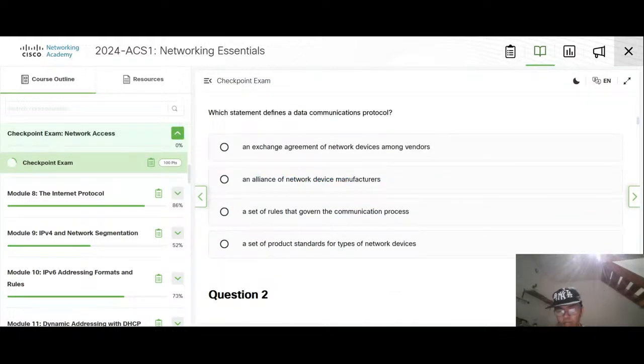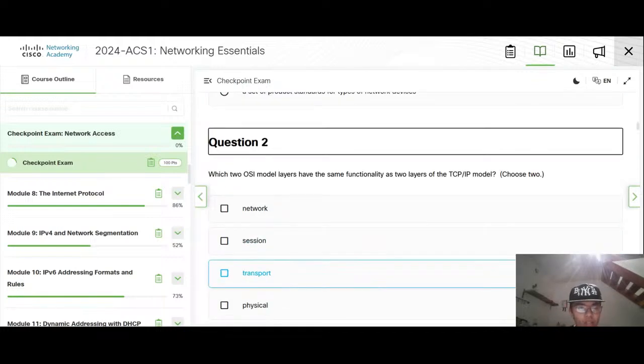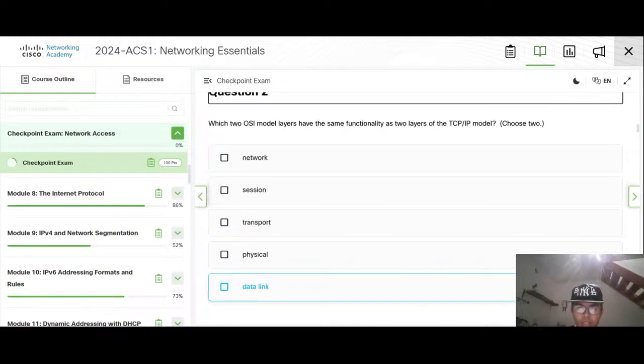It facilitates a communication protocol, which defines a data protocol to govern the communication process, and has the same functionality as two layers.